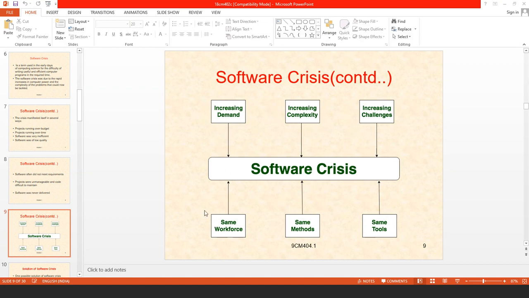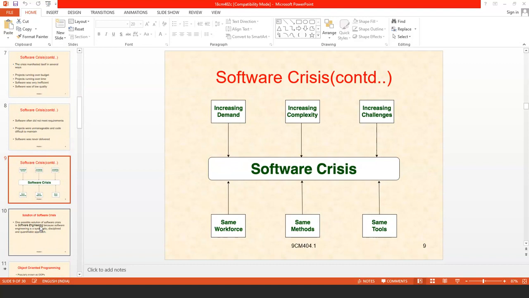But if we are using the same workforce, that is the same number of developers, to develop that particular software with the same conventional methods, and the same conventional tools which were used for developing earlier software, even now, if we are using the same workforce, same methods, and same tools, it causes the software crisis. This is software crisis.